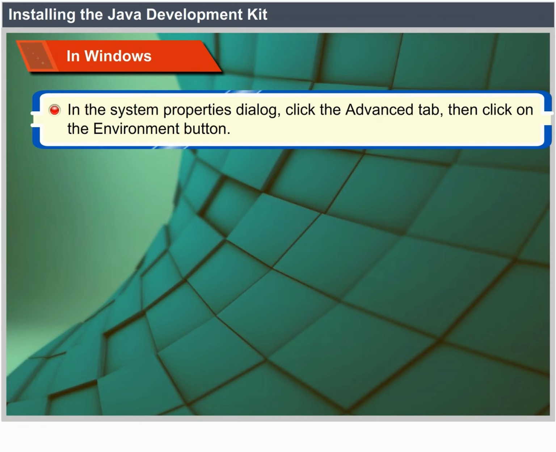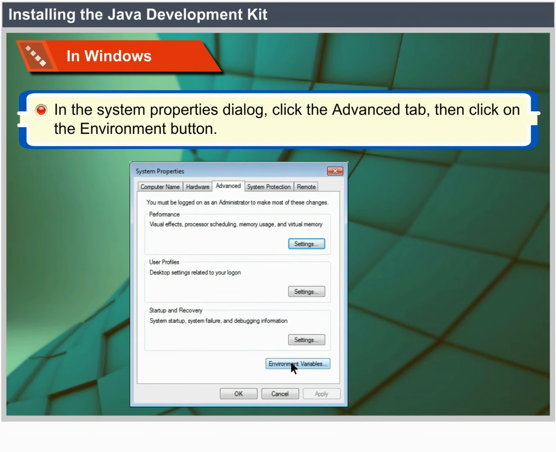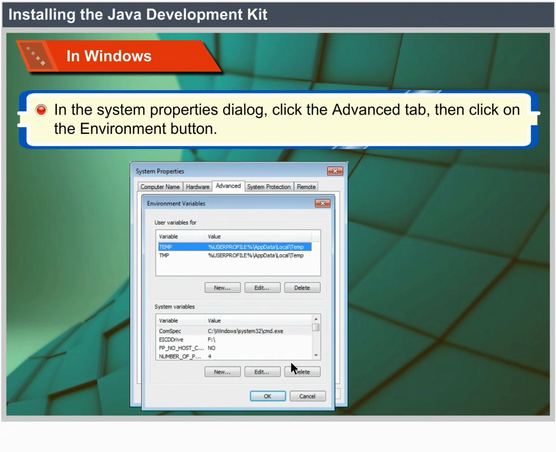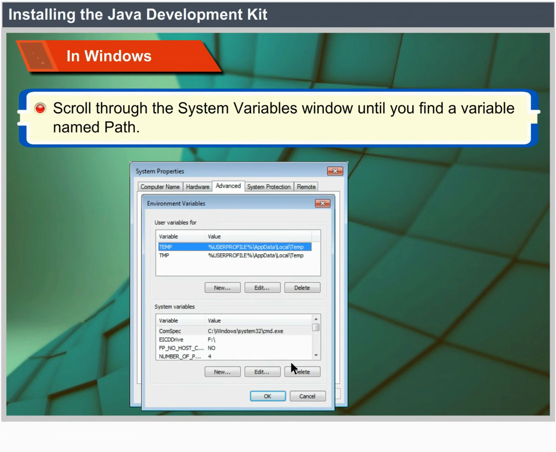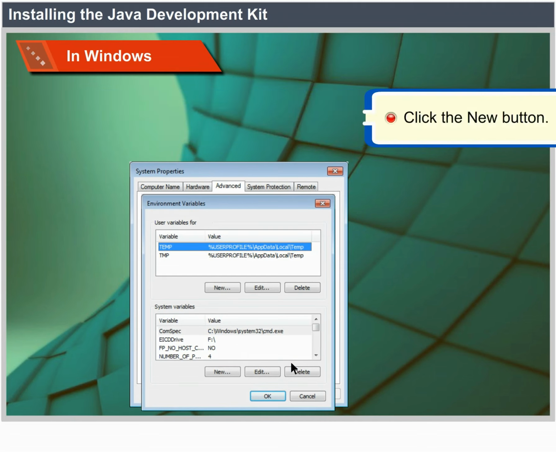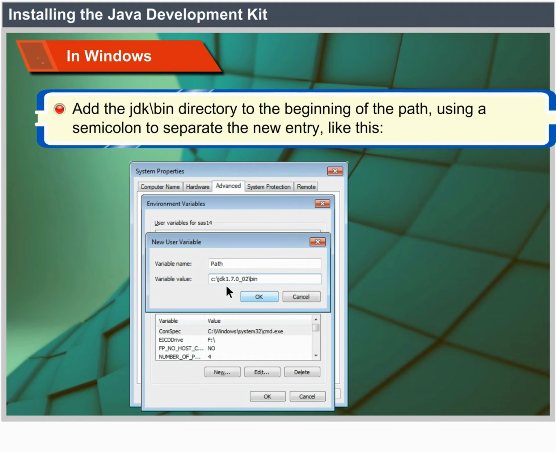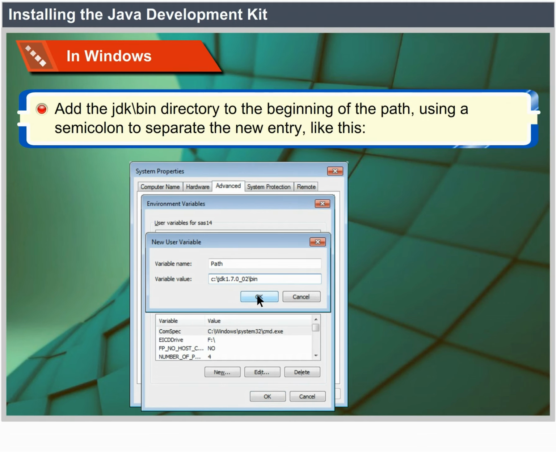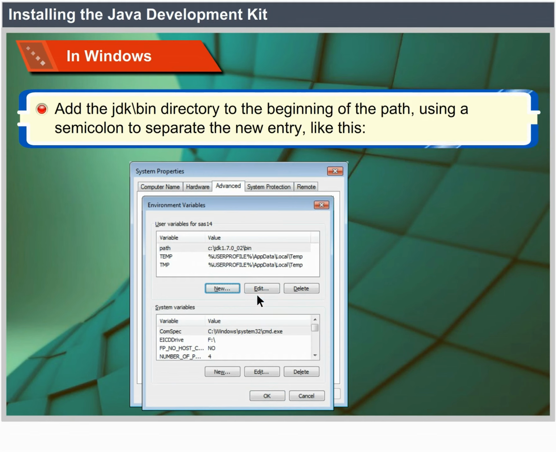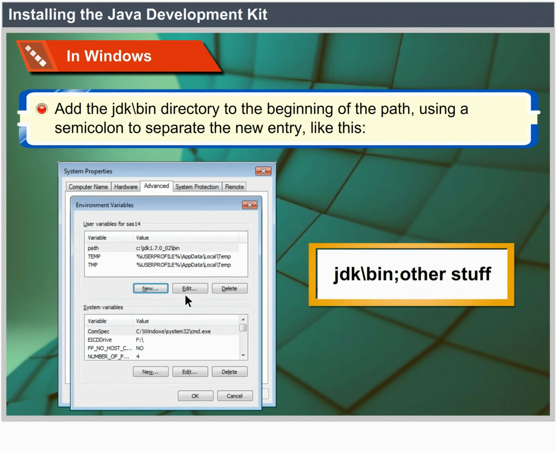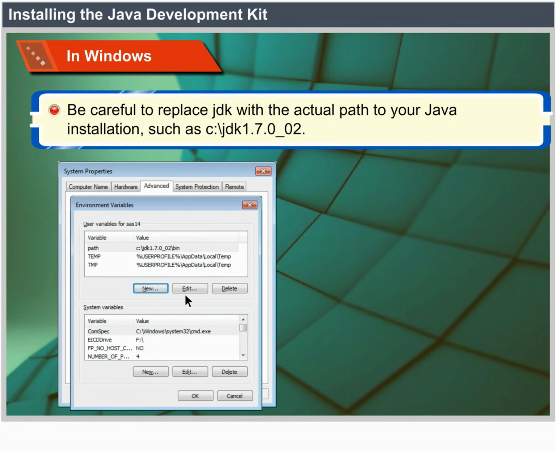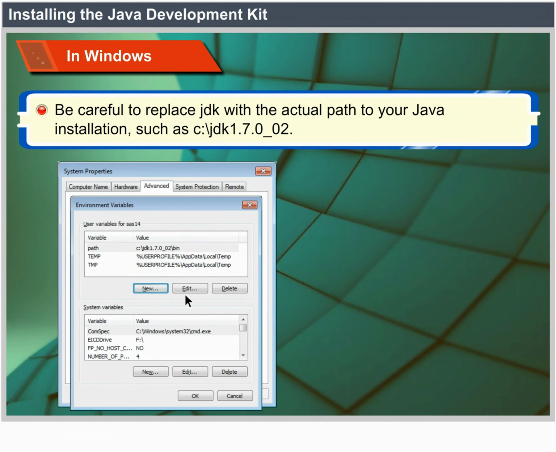In Windows, in the System Properties dialog box, click the Advanced tab and click on the Environment Variables button. Scroll through the System Variables window until you find a variable named path. Click the New button. Add the JDK/bin directory to the beginning of the path, using a semicolon to separate the new entry, like this: JDK/bin; other stuff. Be careful to replace JDK with the actual path to your Java installation, such as JDK